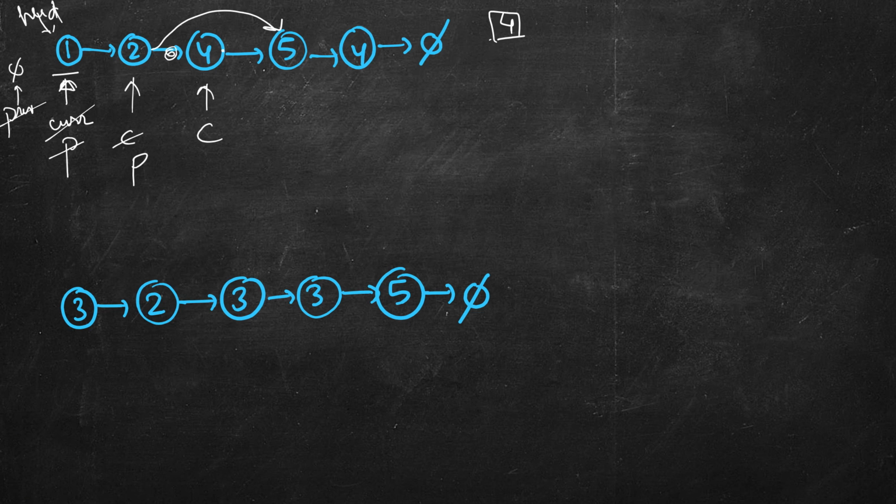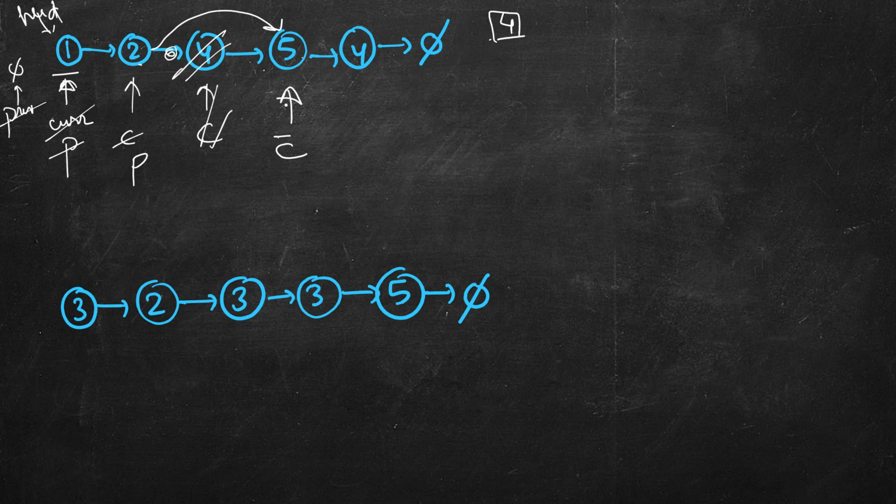In C++, if you want to free memory, you can delete it also, but we will leave it as it is and advance the current. So current will always be advancing. So this is the state now. 1, its next is 2, its next is 5. And the rest of the linked list remains the same. Previous is still here since the next we deleted. Previous should always be one step before current. So this 4, you can think of it, it's gone. So previous still remains there. We will not move it.